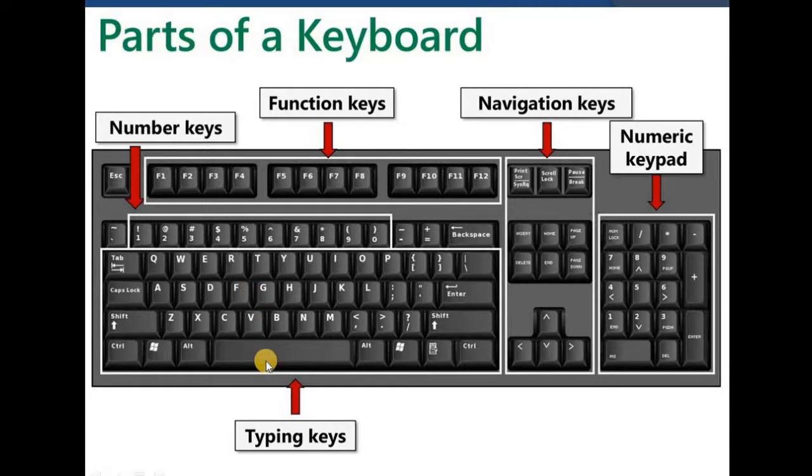Then we have this space button. Whenever you want to give a space, we call this the space bar. And then we have special buttons like Shift keys, Alt, Control. For example, we have the Windows button. Whenever you want to open the Windows menu, instead of going to the Start menu and clicking on it, if you press this Windows button directly, the pop-up window will automatically appear.